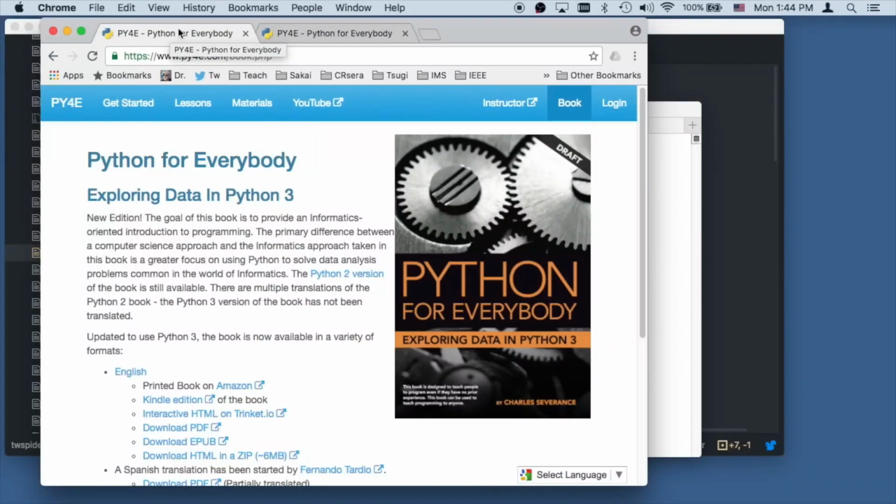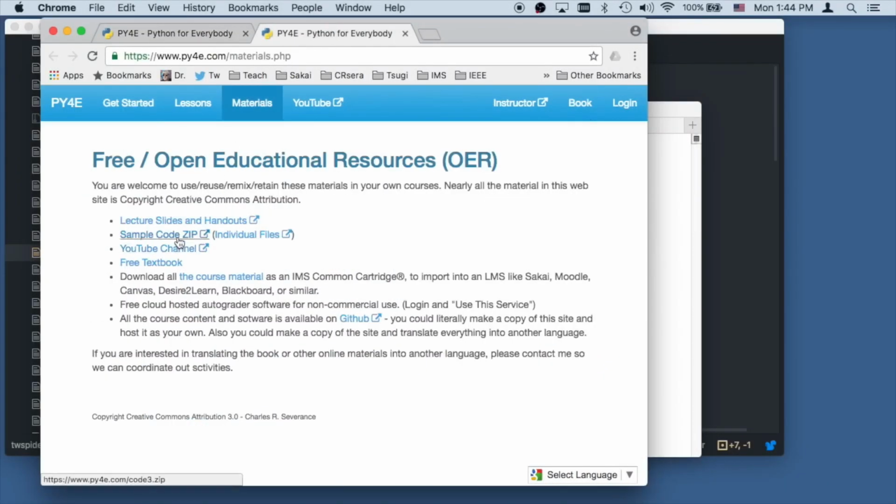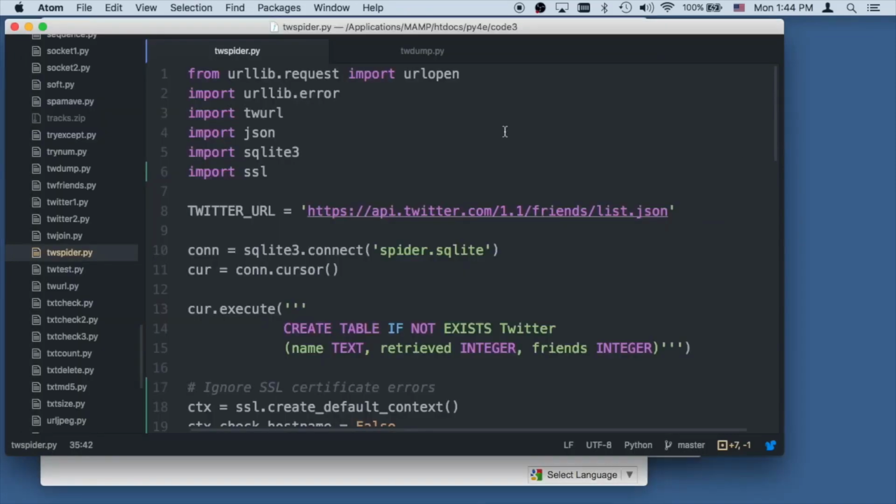We're going to do some code walkthrough, and if you want to follow through with the code, you can download the sample code from Python for Everybody. And so the code that we're going to play with is the Twitter Spider code that is both talking to the Twitter API and talking to the database. And so what we're going to be doing